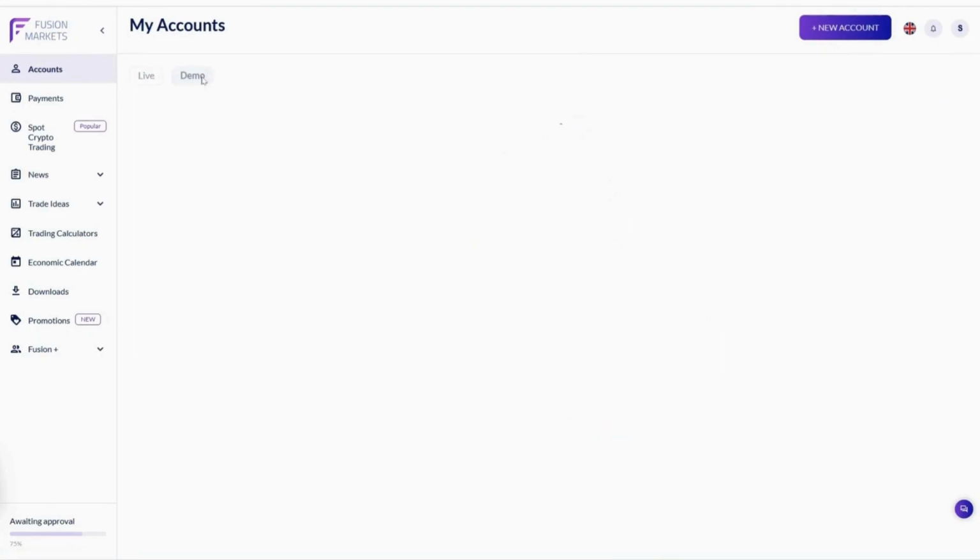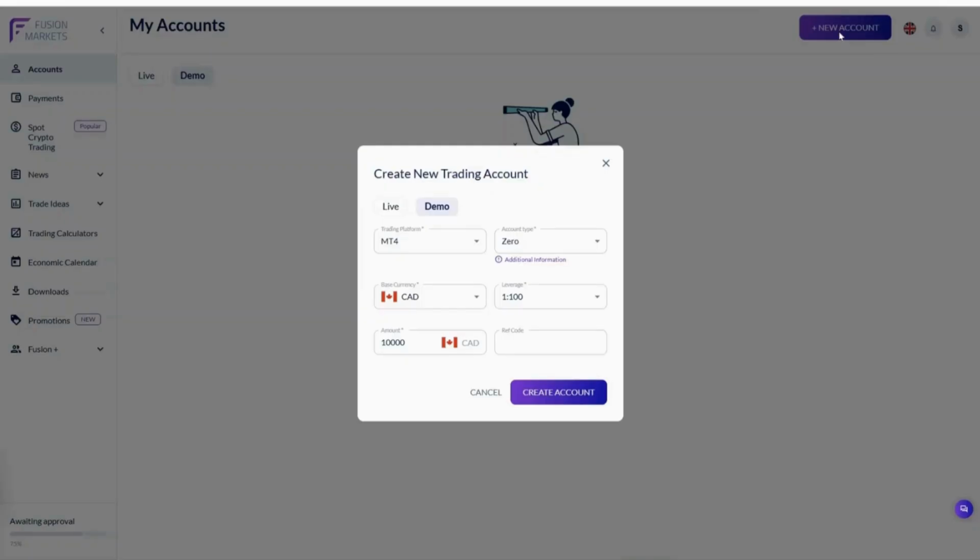Okay, under accounts, we're going to click on demo. And now we're going to click on this up top right here. It says add new account. So we're going to make sure demo is selected. MT4, we're going to select classic account. We're going to select USD as the base currency. Leverage, we want to set it as high as we can, or whatever is allowed. And we want to start with, say, $1,000. You can put $500. Put the amount that you think you're gonna start